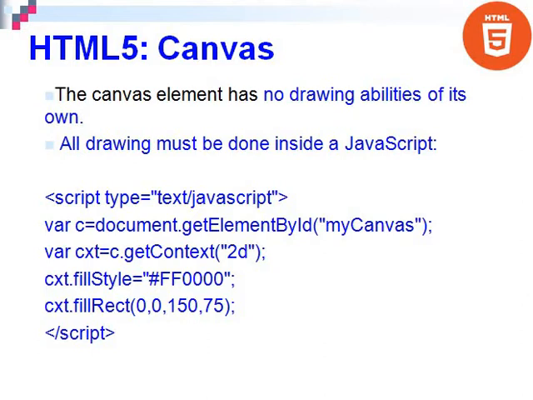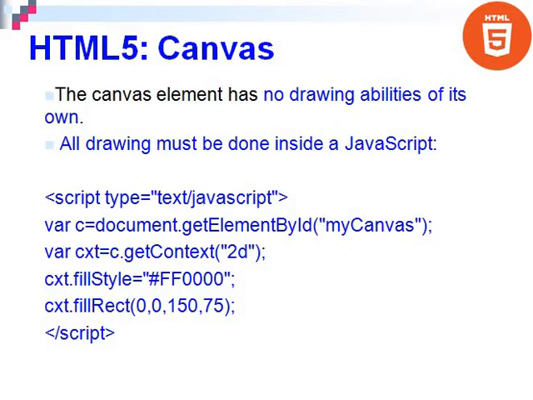Actually, the canvas element has no drawing capabilities of its own, but we can draw images, shapes, circles, all these things on the drawing area by using JavaScript. So this is an example which draws a rectangle on the canvas.